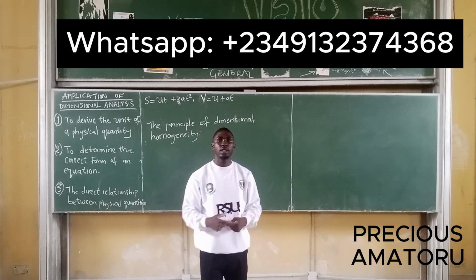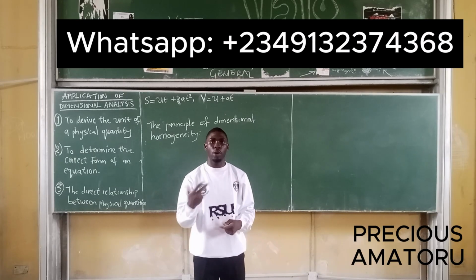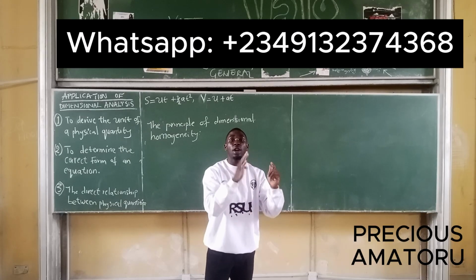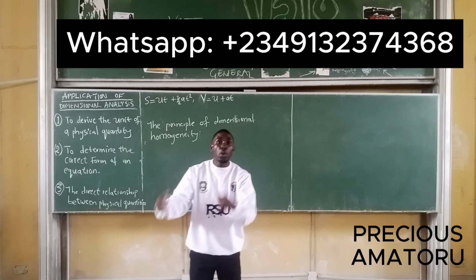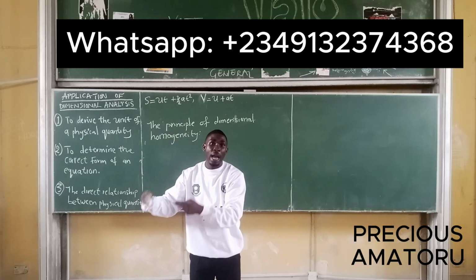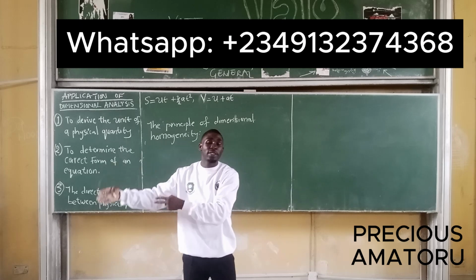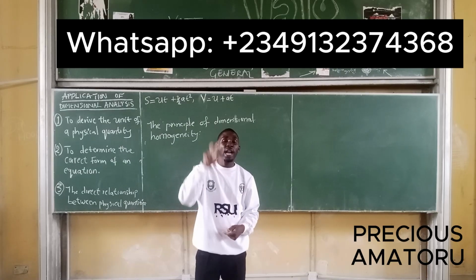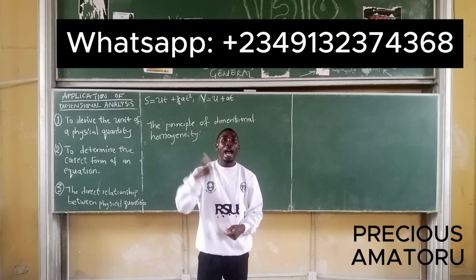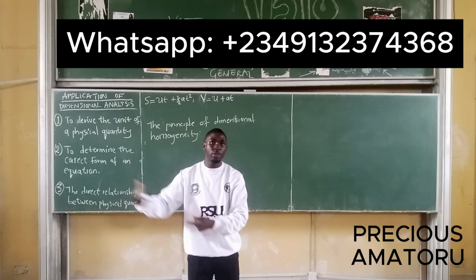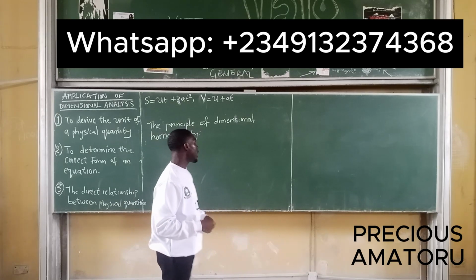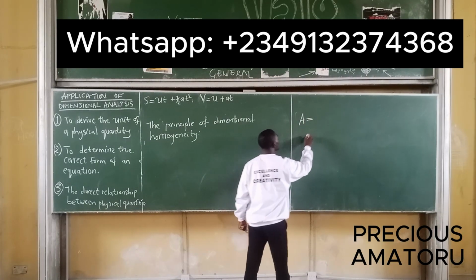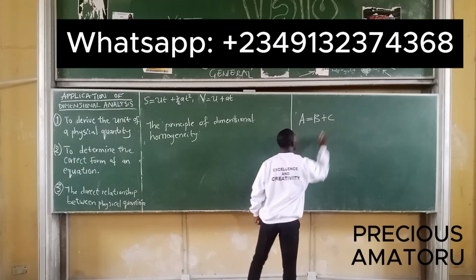This principle states that for an equation to be correct, the dimension of the right hand side must be the same as the dimension of the left hand side of the equation, irrespective of the numerical value or the coefficient attached to one part of the equation. So what that simply means is that if you have an equation A is equal to B plus C,